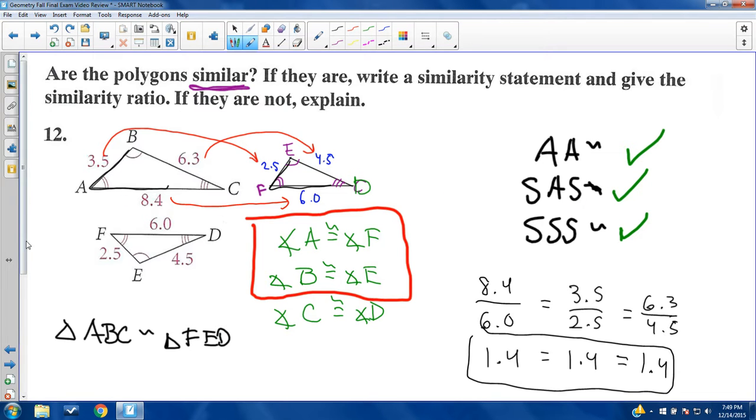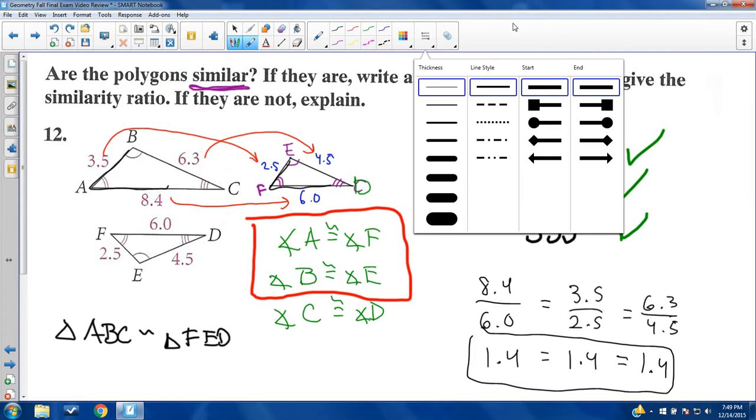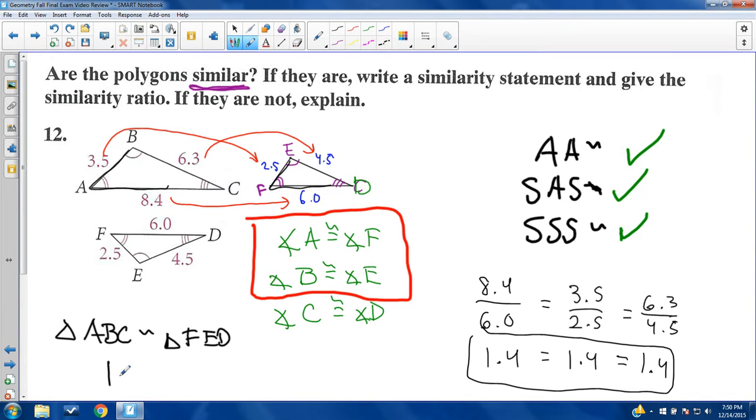Now, we still need a similarity ratio. You can use decimals, I suppose, if you want. I'm not really keen on those. Normally they use integers of some sort. So I don't know what the answer in the book says, but I could say that from large to small, the ratio is 1.4 to 1,